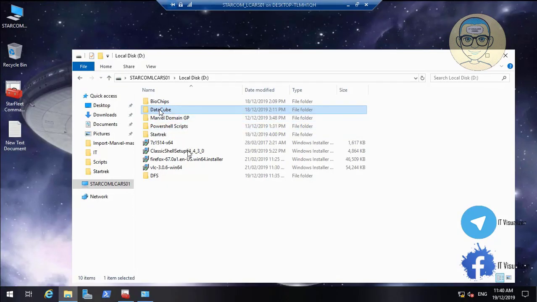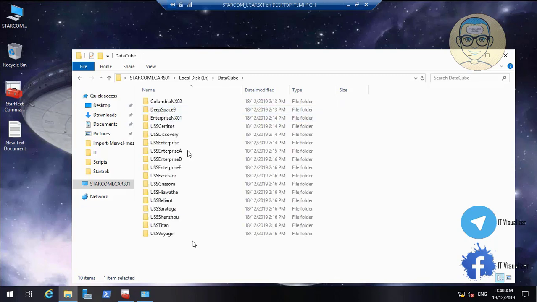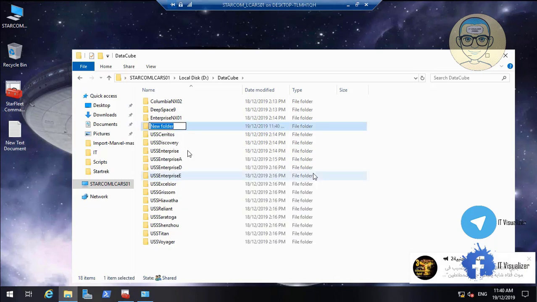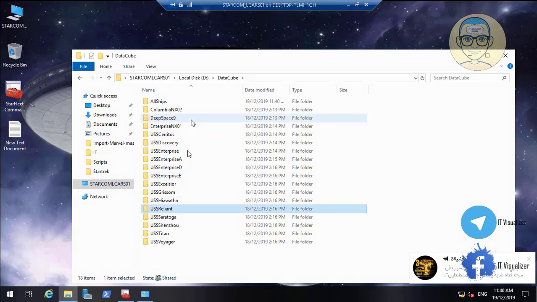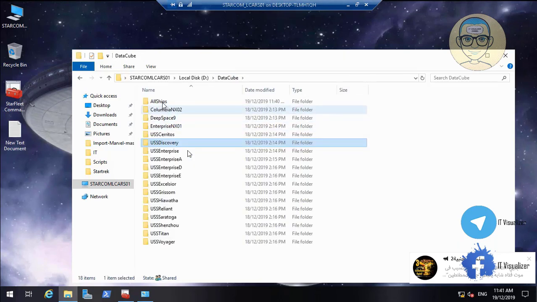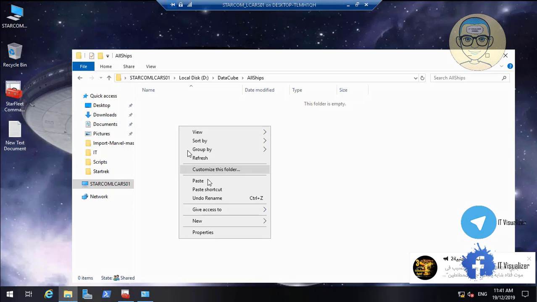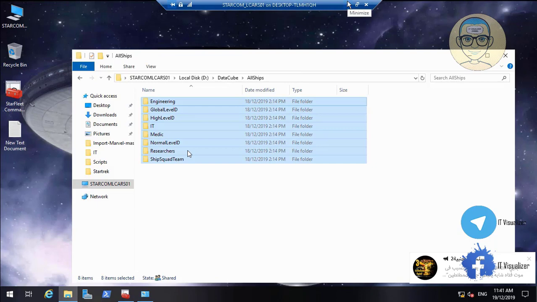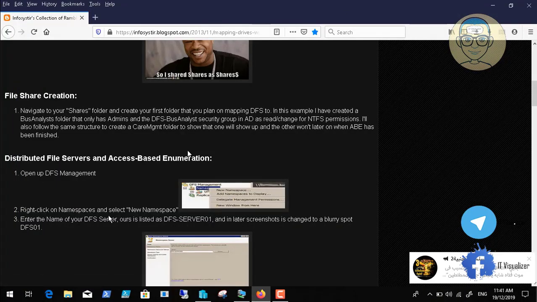Now we'll begin creating the DFS namespace, but before that we will make a folder and call it All Ships. This is a folder in my file server that contains a global share, or folders that all ships can access. So this is a shared folder for all ships, and they can access it. We will make this folder and then we will create a new